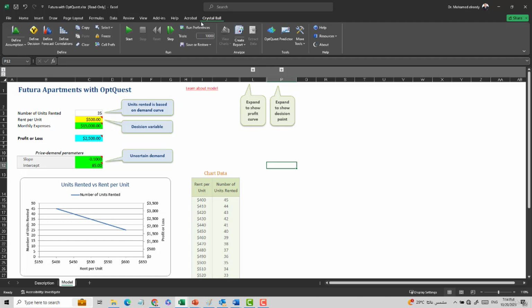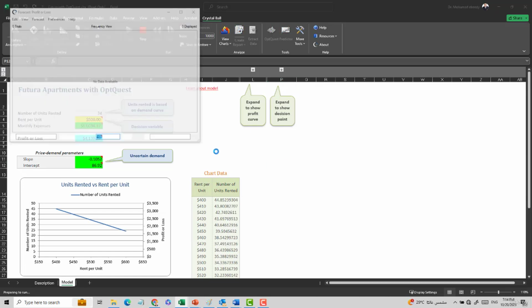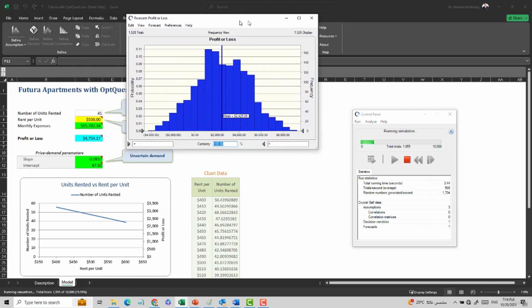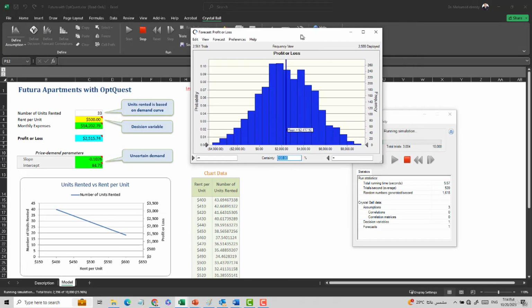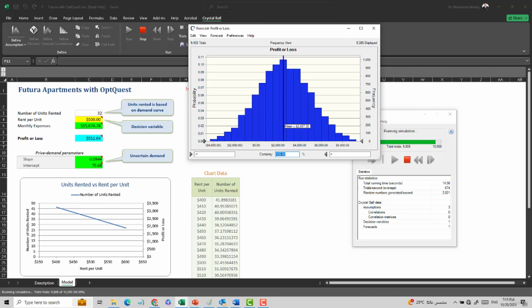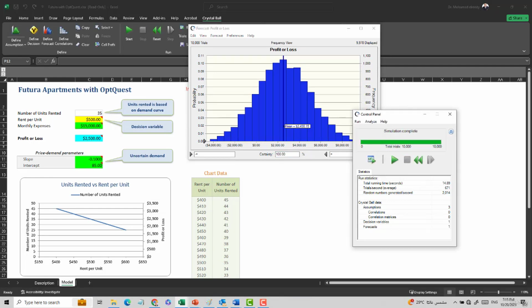This is very easy for run simulation. Let us run the simulation, see the result for it. Here are the curves that will be presented. Here is the run simulations. Okay,